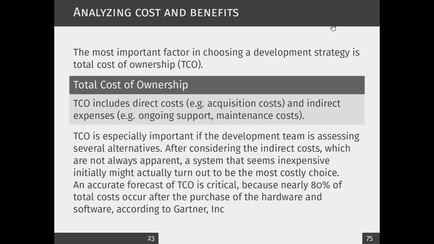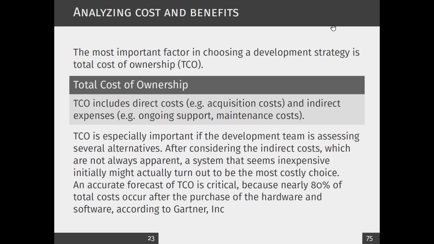So in this part, I'm going to talk about costing of software development, different types of costing, cases. We are going to discuss it here. Now, when you talk about developing or outsourcing, the most important factor is what we call total cost of ownership, which is defined as the direct costs